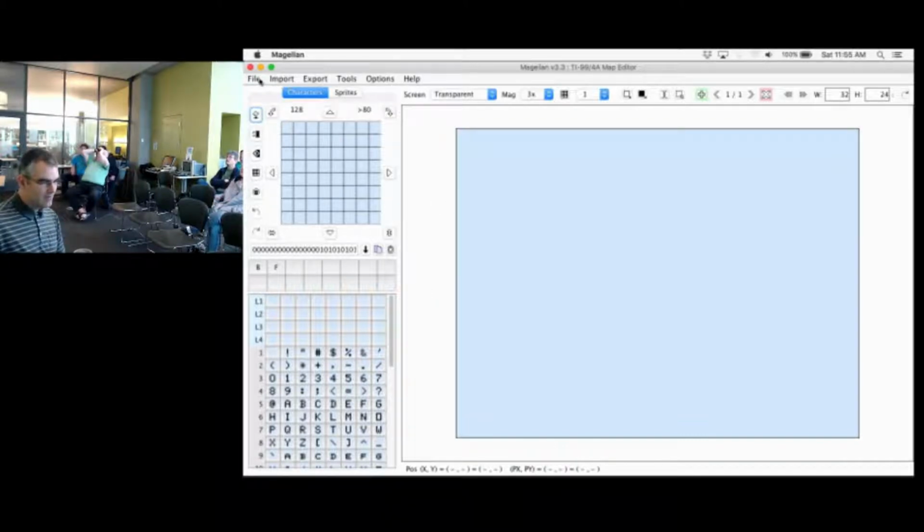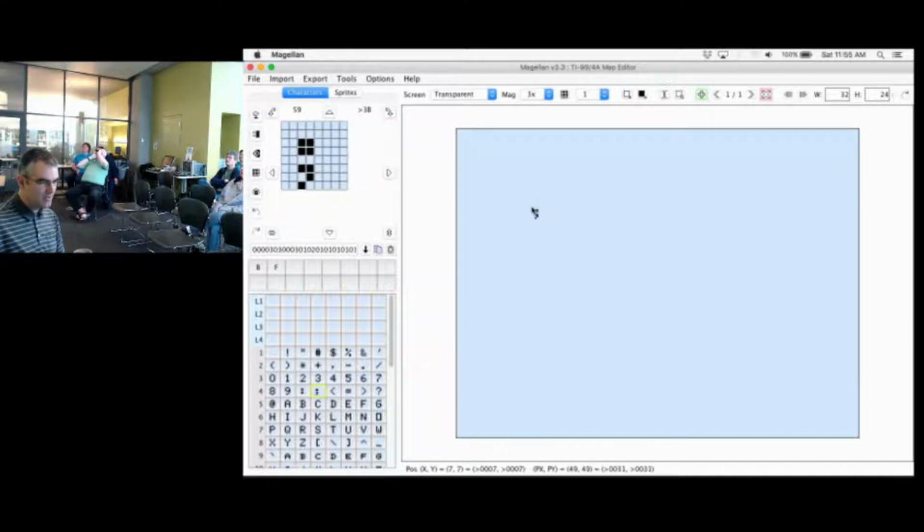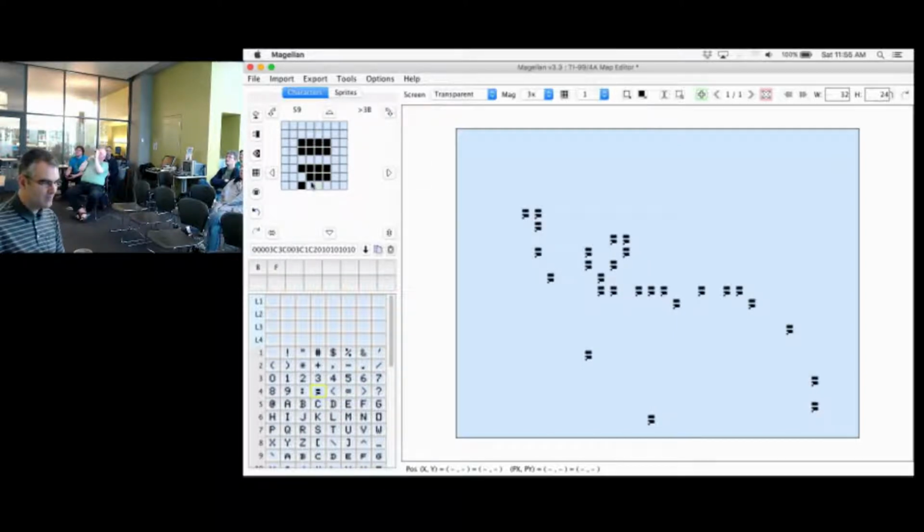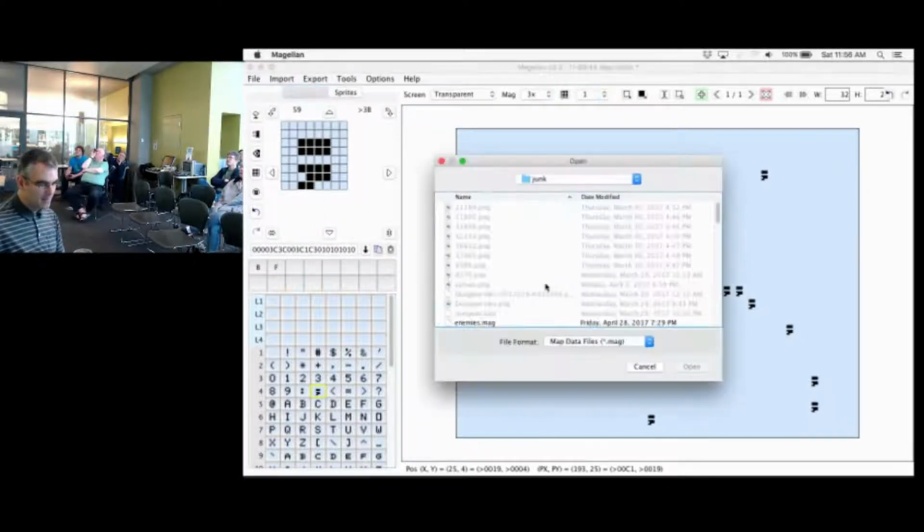And you've got your screens over here that you can just draw and fill with characters. You can redefine the character definitions on this side, so it changes them all over here. It's pretty easy to use. Let's see where I'm at. Okay, let's go up to